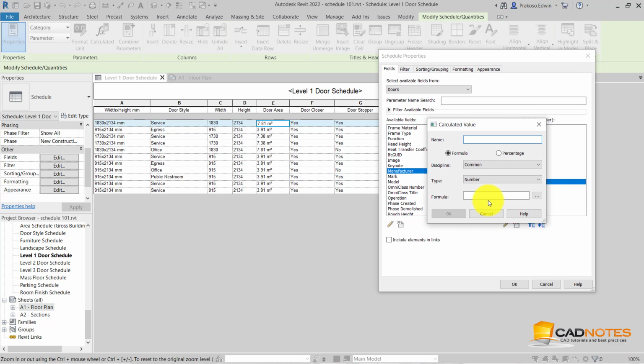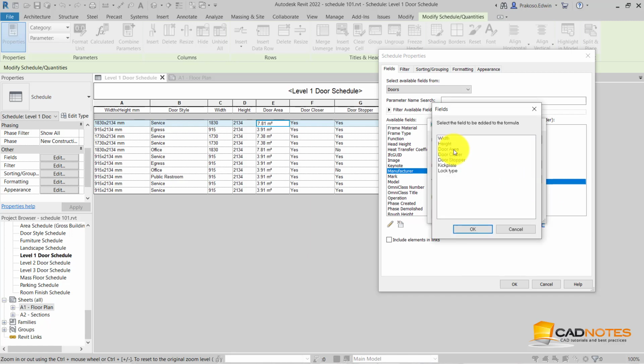So I'm going to call this door opening area. Let's use total, and the data type for this one is area, and for the formula we use door area.